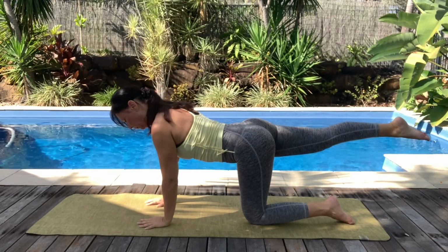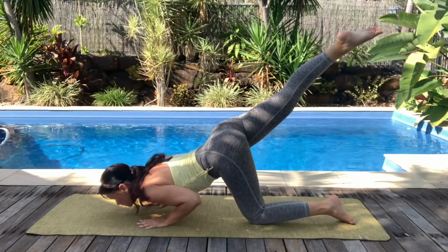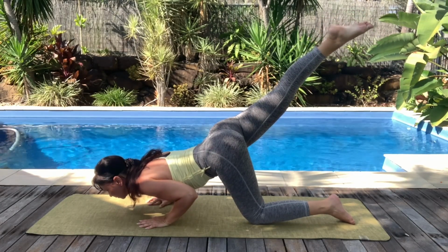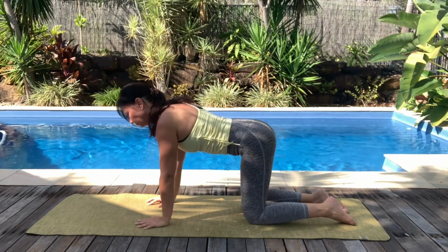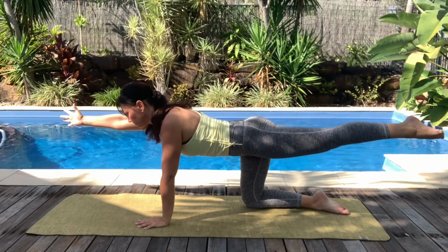Then release your right arm, keeping the left leg extended, lowering your upper body with elbows bent, engaging more of your upper arm and shoulder strength, then releasing. Back on all fours, we'll go to the other side, extending through your left arm and your right leg,